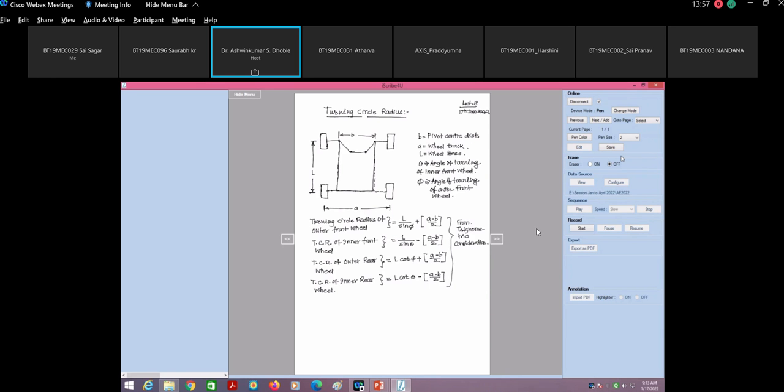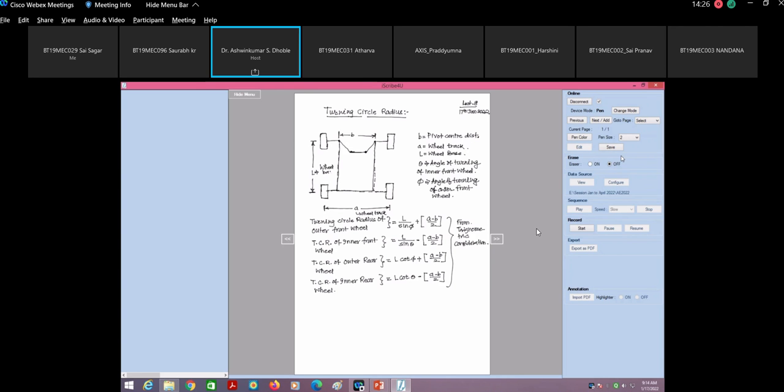So I will try to find that video and show you in the next class or in the practical class, so that you will come to know how the turning circle radius of the vehicle is determined. Is this clear to you, that these are the expressions for the turning circle radius? This is basically the wheel track